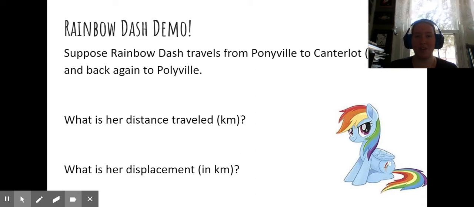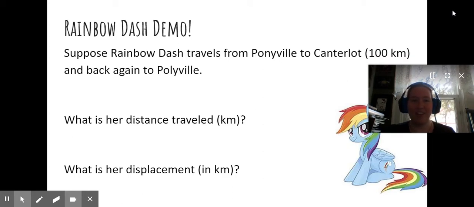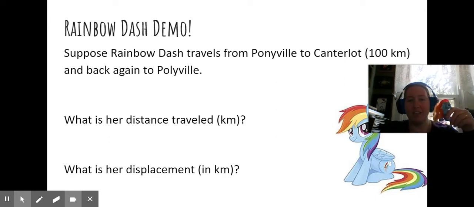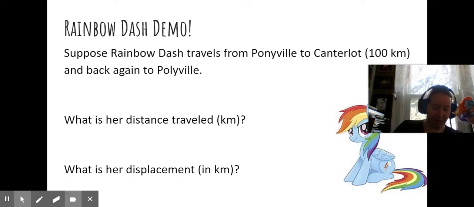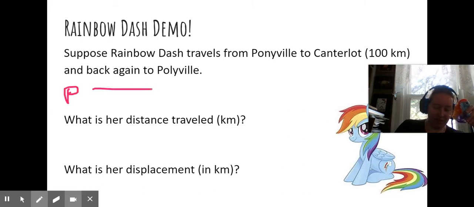Okay, so my daughter likes to play with My Little Pony. We watch ponies together. And let's suppose that one of her favorite ponies, Rainbow Dash, is traveling from Ponyville to Canterlot. We'll say it's 100 kilometers away, and then travels back to Ponyville again. So Rainbow Dash is going from Ponyville to Canterlot, and then all the way back,